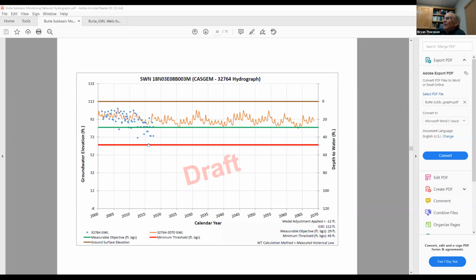Circling, so you can see where the red line for the minimum threshold goes right through a blue dot. So that was a historical low. So we would move this 10 feet lower to 59 feet, and the red line would go right kind of where the 60 feet is. So you see, we would then add operational flexibility to this area. The other well is essentially the same. You've got the red line going right through the historical low, and then we would move that down to provide a little bit of extra operational flexibility there. Okay. Thank you, Brian.